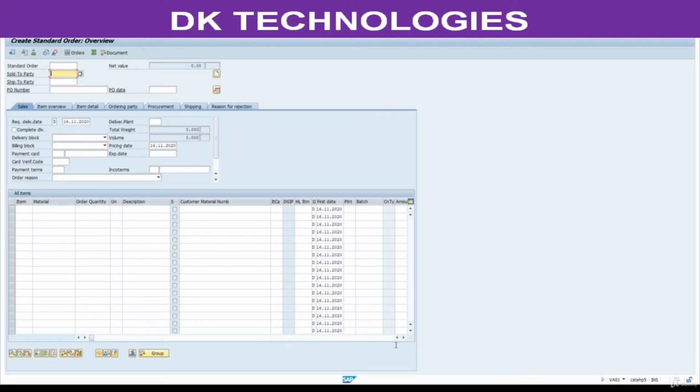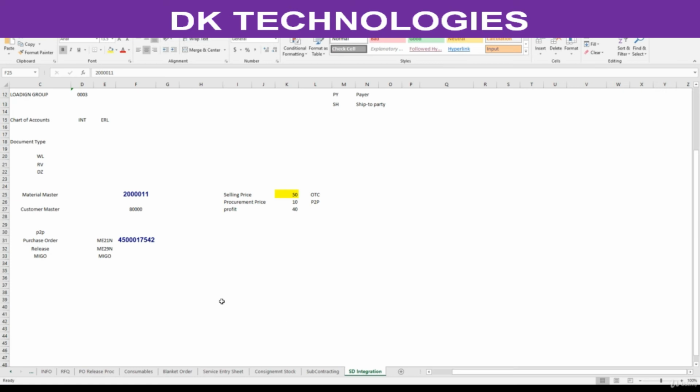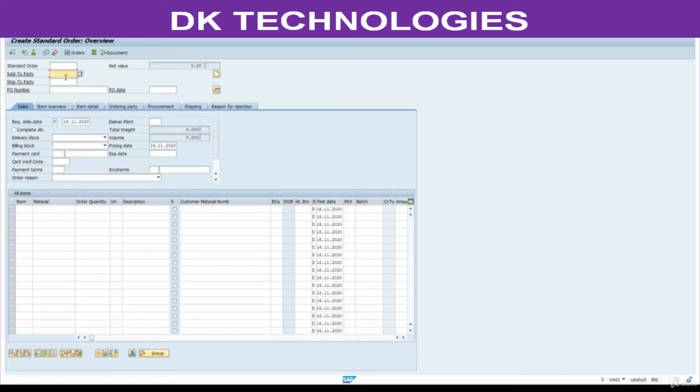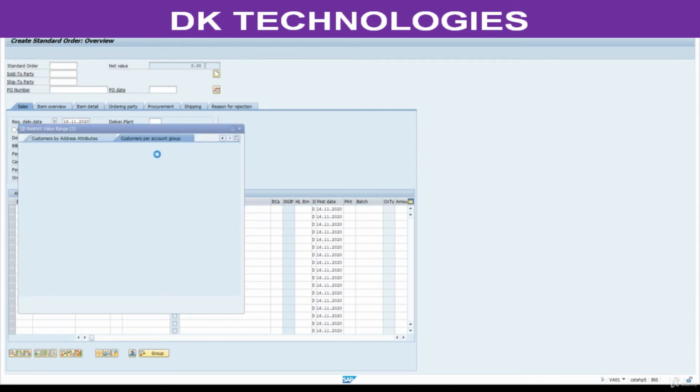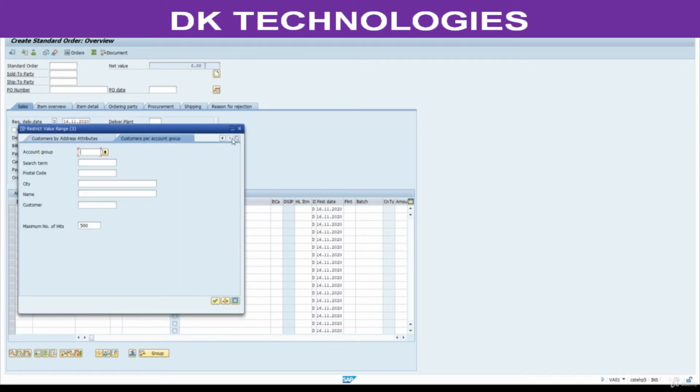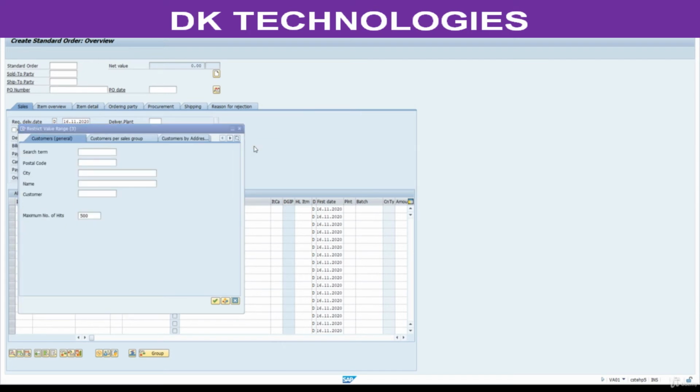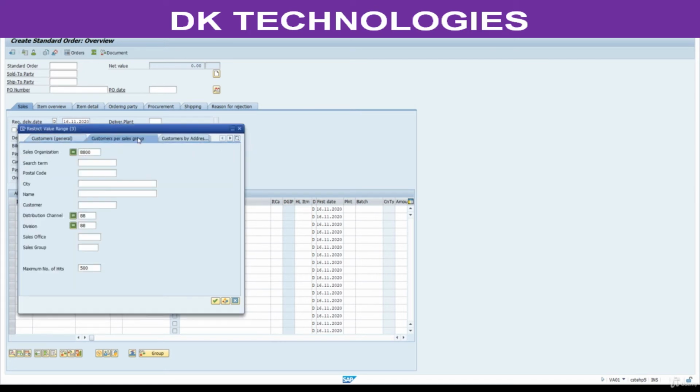Now here we know the customer. If you want, you can select from the drop down, press F4. Click on here. Customer general sales group.